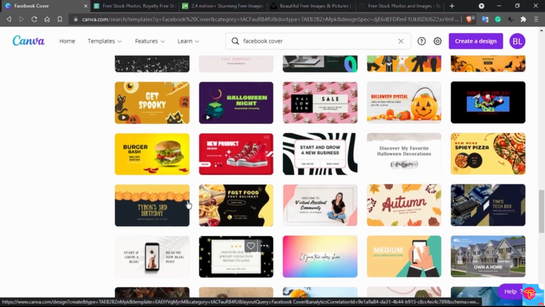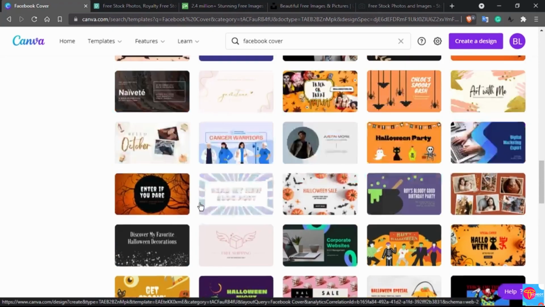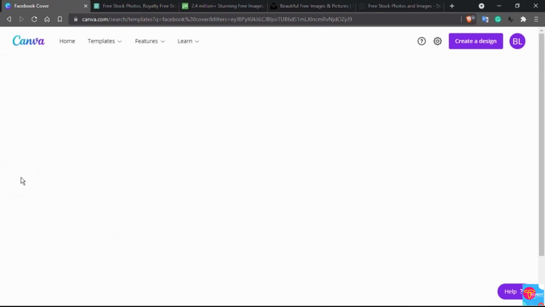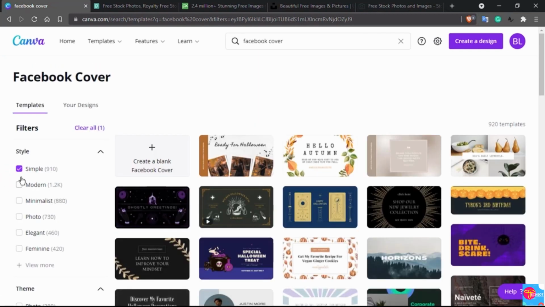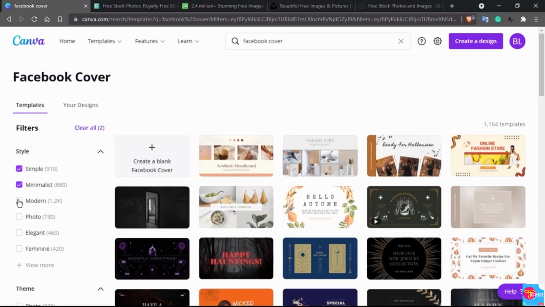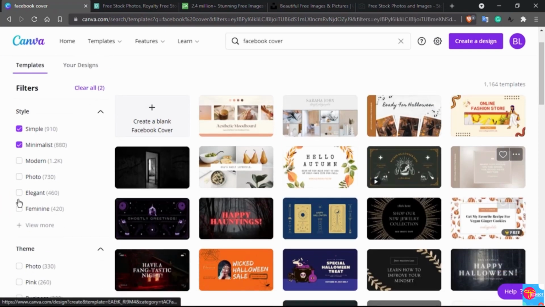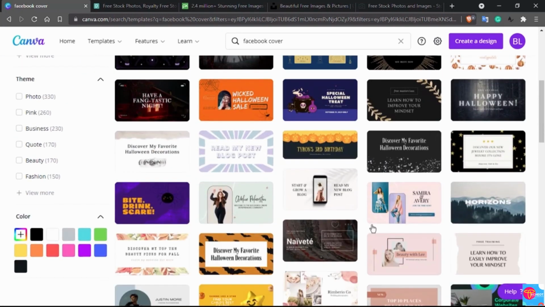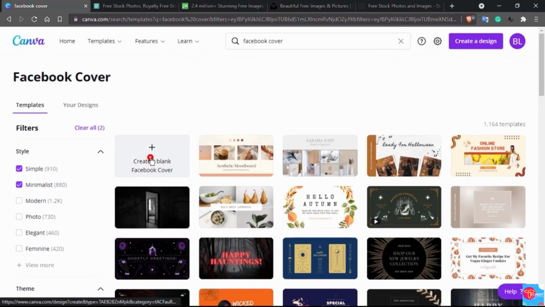I don't think that is necessary. You can see it is just simple looking here. If you want some simple and minimalistic design, you can just click on your filters, and here is minimalistic and simple. So let's see. Now this is all simple and minimalistic looking. You can see even this one is a nice looking one. So for this one, let's start straight by creating a